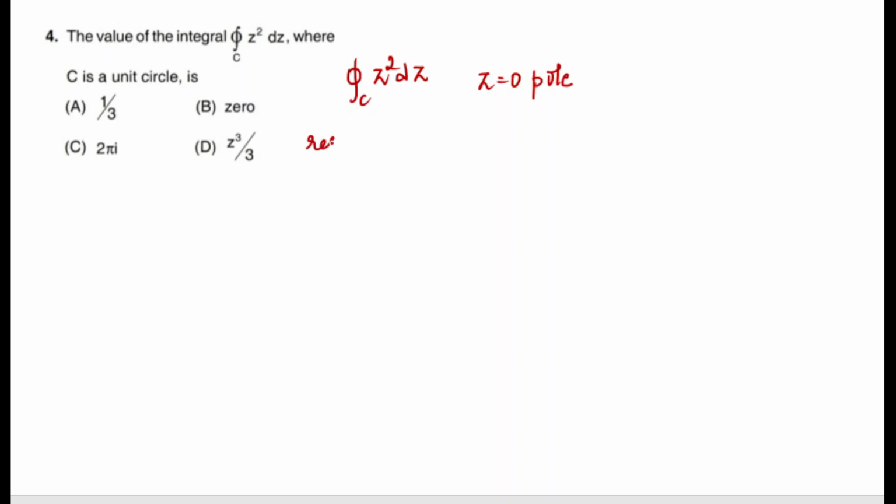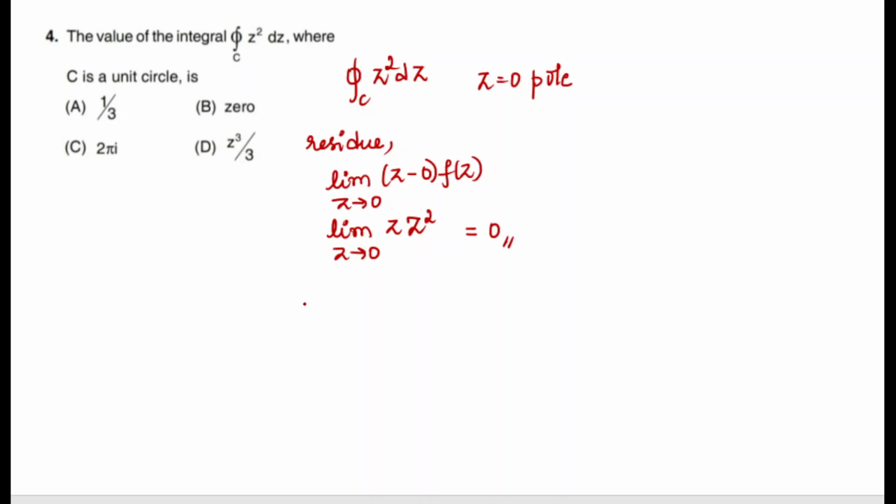Next, we need to find the residue. Second step, residue is limit z tends to 0, z minus 0 into f of z. Here f of z is limit z tends to 0, z into f of z. F of z is what? Z square. So z into z square is z cube. After applying the limit, it will be 0, right? Now what is the formula? That is to find the value of the integral f of z into dz, which is equal to 2 pi i, that is sum of the residues within